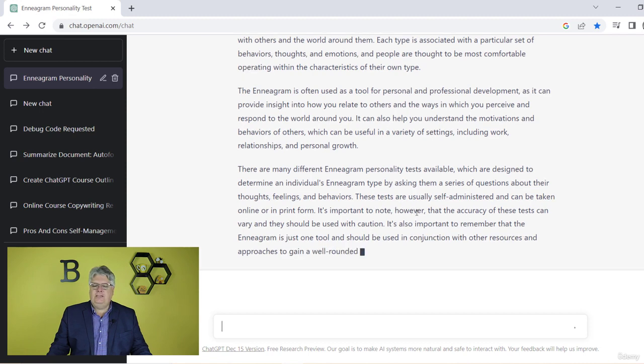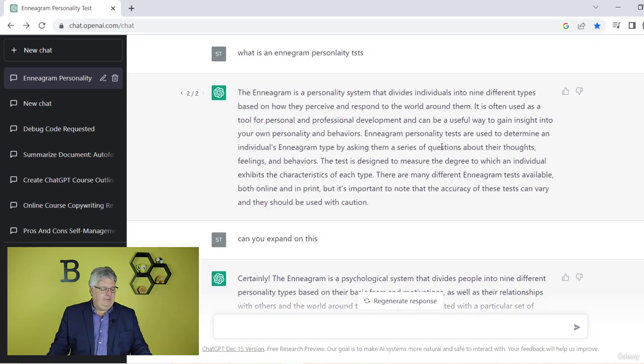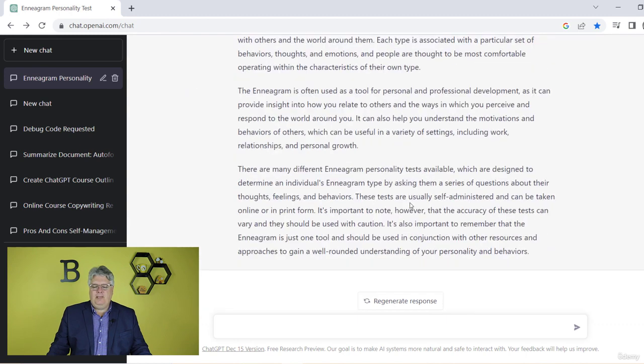The next tip is to take something that's been written and then just build off that. So it talks about there being 9 different types, right? You might get that where it says there's 8 of this or 4 of that. So maybe you take that and you put that in there. Remember, this is all in an Enneagram chat around personality tests. And I might say, what are the, do I remember to copy paste? No. What are the 9 types? Right?